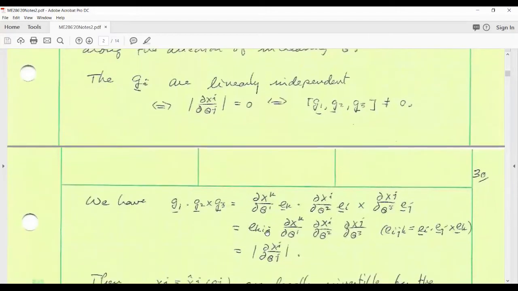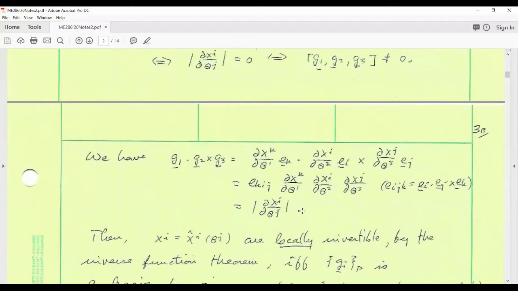Let's write down an expression for the scalar triple product, or box product. G1 is dx_k/dθ^1 e_k, and so on for G2 and G3. I'm using different summation indices in each case to avoid conflict. When I collect terms, I have a scalar triple product of e_k, e_i, and e_j. That's just the conventional permutation symbol. So in this case, I get e_kij